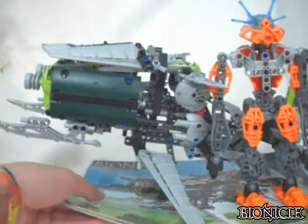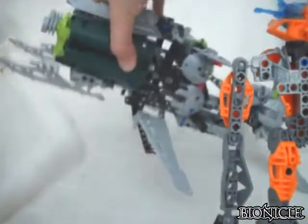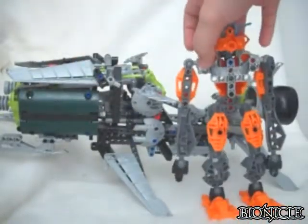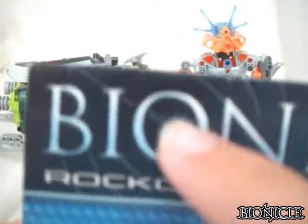First off, we're gonna go over the instructions, and like most of my other sets, I don't have the box because my mom made me throw it away. But anyway, just let me get this situated so they don't fall down. And there's 3 instruction manuals. Anyway, first one here, you have Bionicle Rocka T3, and you have a picture of the Matanui robot right there, just like the Codex. Here, under here, you have the Swamp of Secrets, and you have the Stalactites up here. Set number 8941, and you have a picture of Instruction Manual 1,